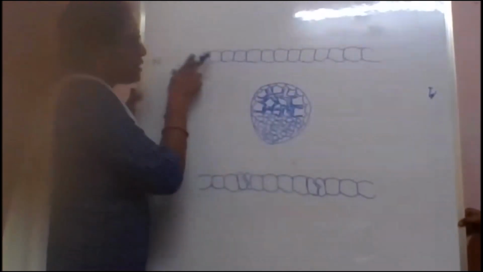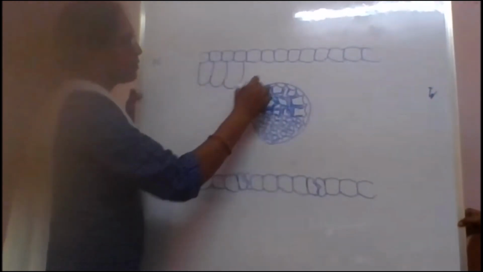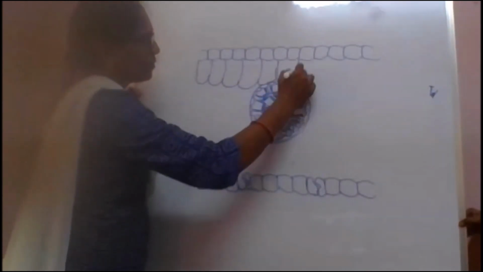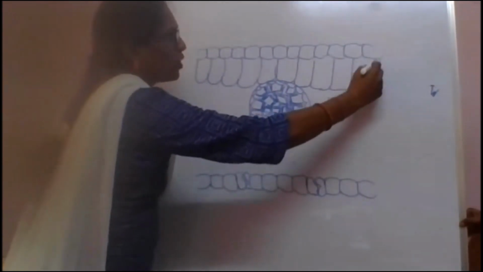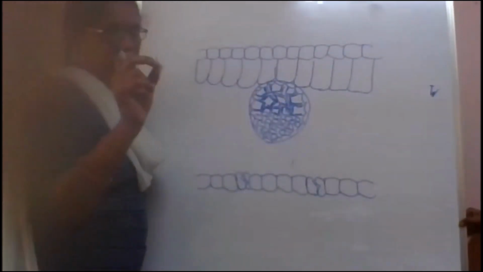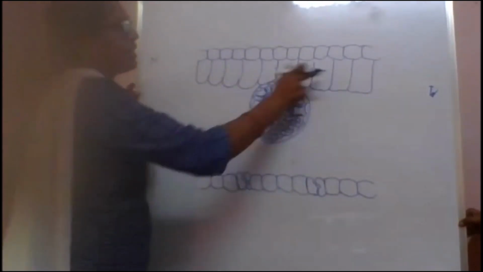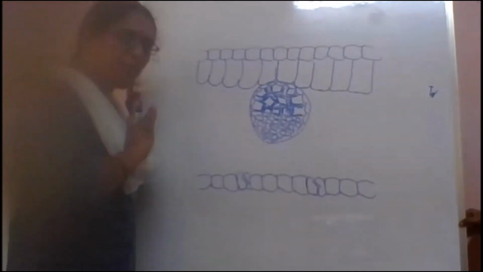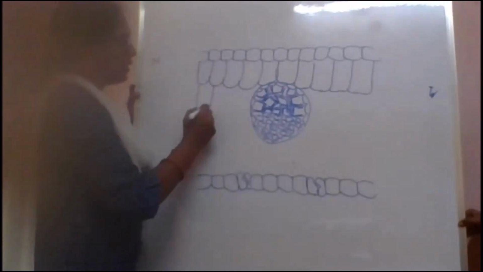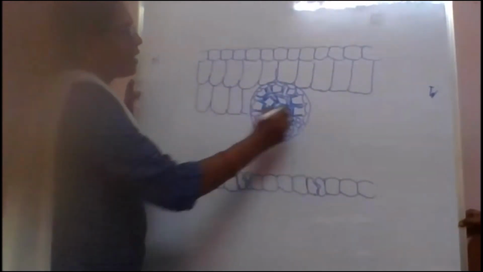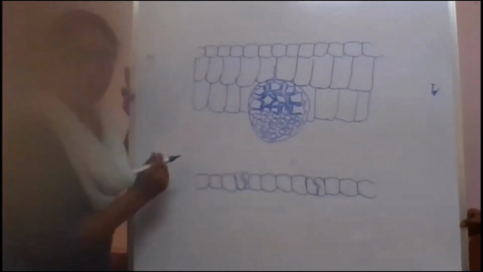What differences are you going to find between the palisade parenchyma and spongy parenchyma? The palisade parenchyma, which is present just below the upper epidermis, is very tightly or closely arranged like this, with very few spaces or else no spaces. If 1 or 2 stomata are present on the upper epidermis, you are going to find very few spaces in between the palisade parenchyma. If the stomata are not there in the upper epidermis, then they are tightly arranged. If you see the leaf also, the upper part of the leaf will be very dark green in color, whereas the lower part of the leaf will be pale green in color.